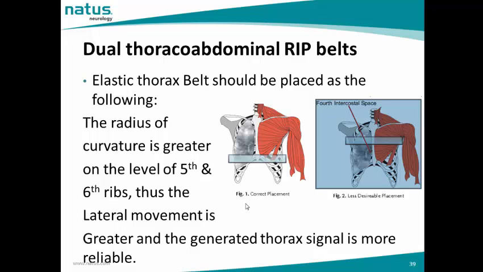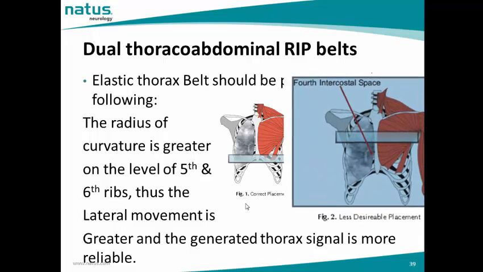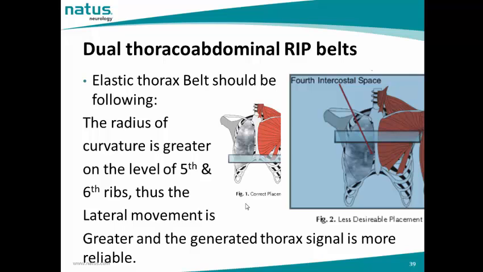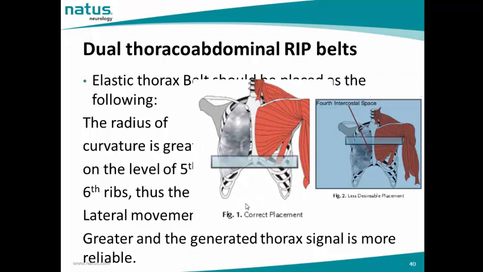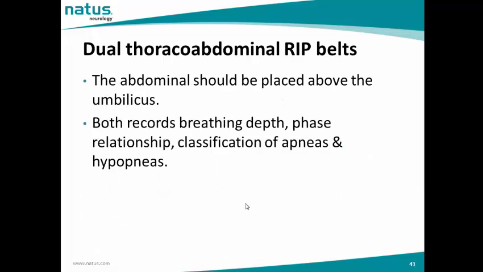However, if you go to the level of rib number 5 and rib number 6, the radius of curvature is greater. Therefore, the lateral movement is greater. So it is a less desirable placement method to put the thorax belt just below the armpit. And the correct placement should be at the level of rib number 5 and rib number 6. The abdominal effort belt should be placed above the umbilicus,